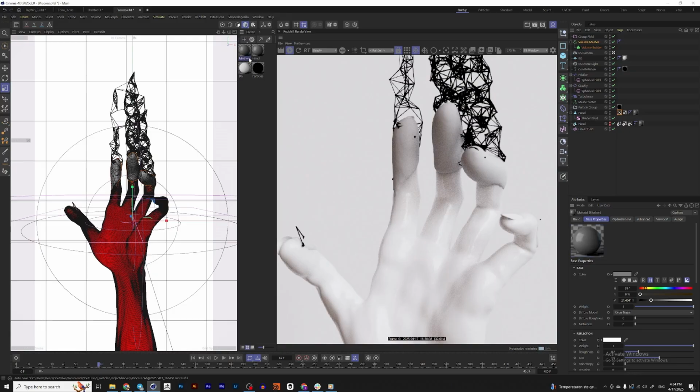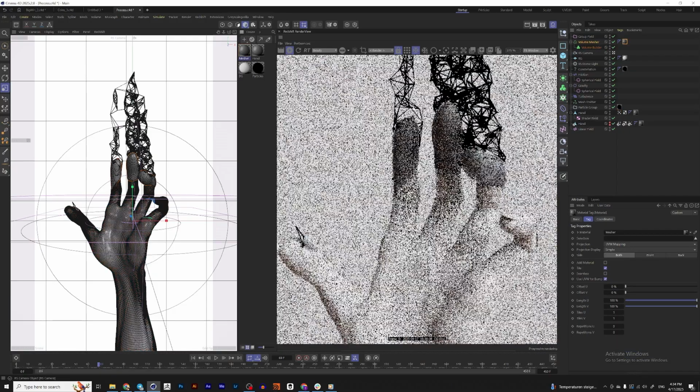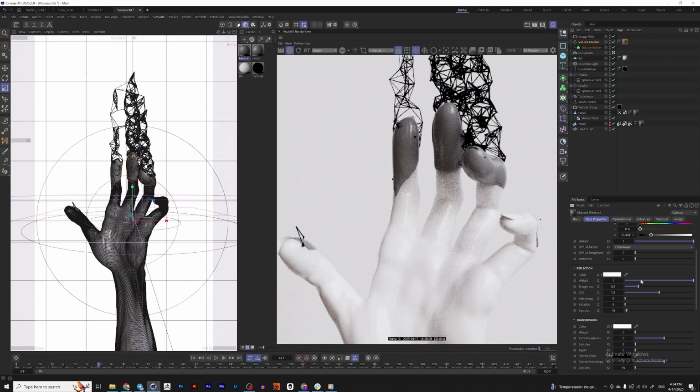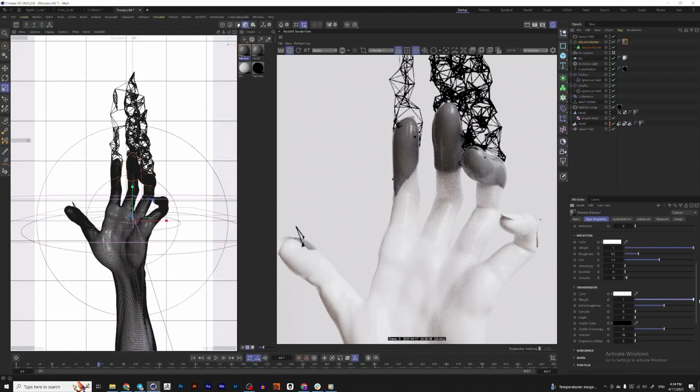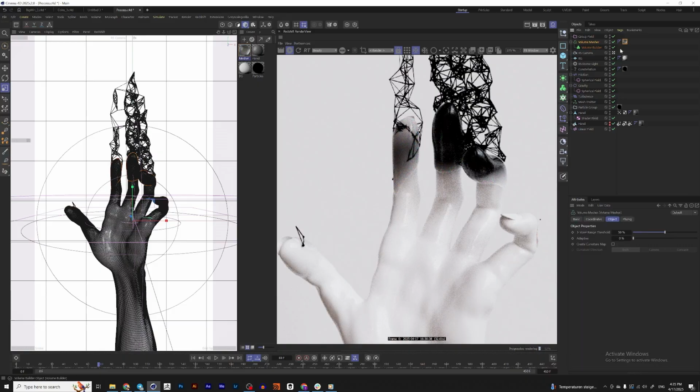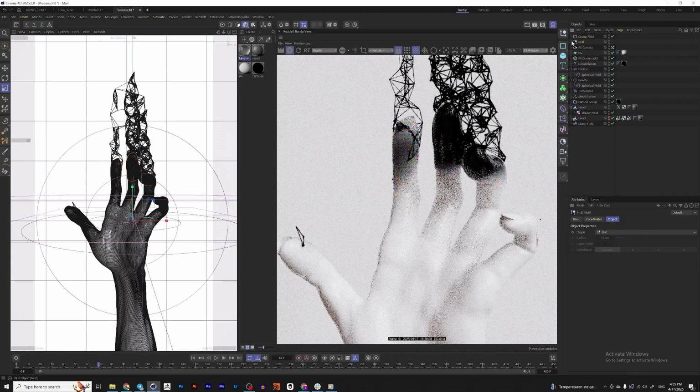Let's name it measure, apply it to volume measure, and let's increase transmission weight to 1, and let's put dispersion to 10, so we would have a little bit of dispersion on this glass. And let's choose volume, select volume measure, press Alt G, and now let's hold Shift and